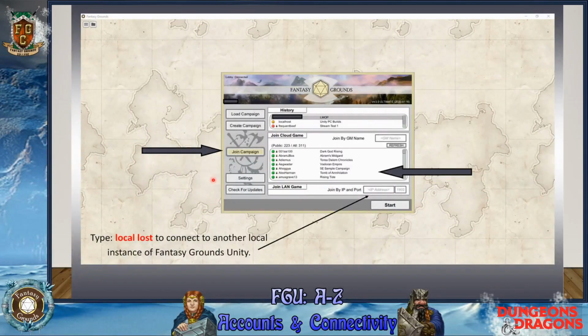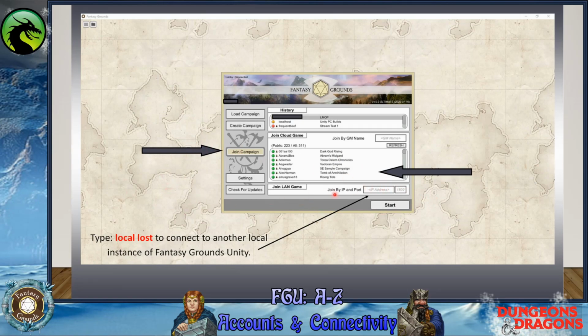And back to this launch screen again, joining a campaign. So we didn't go over too much on the player side, but on the player side, you have join campaign. Provided that your game master has given you your public game name and the DM's name, and this is the account holder's name, this is how you would join a campaign if it was hosted publicly on the cloud. If it's not, if it's a private game, you're going to have to know the direct IP address, which will be entered here. The port is already set. And this is also if your game master has opened up his computer to allow people to connect.